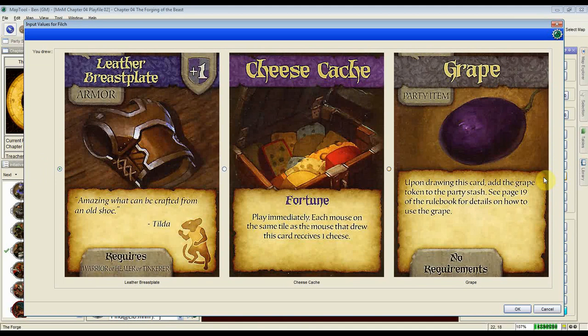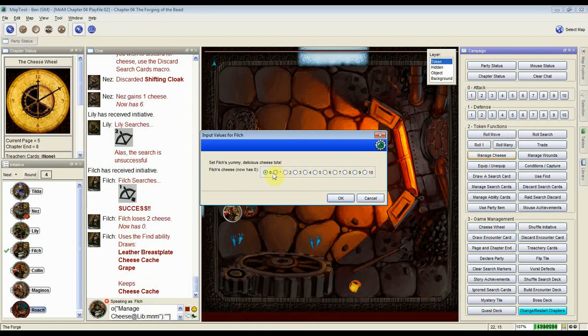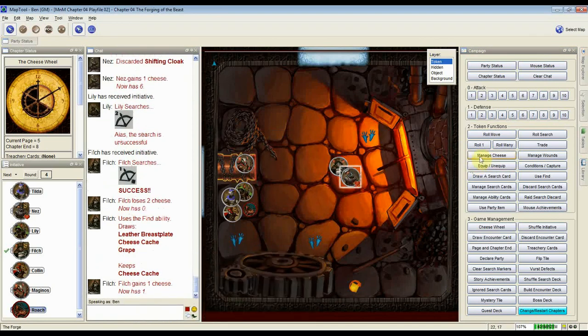Unfortunately, we did not. Breastplate is no good to anybody. Grape we don't care about, so we'll just grab the cheese cache. Each mouse on the same tile. So I did turn that 2 cheese into 6 cheese, which I guess is something,